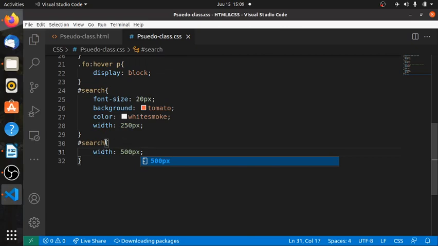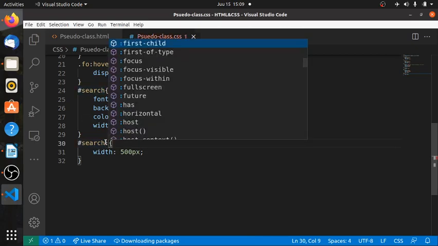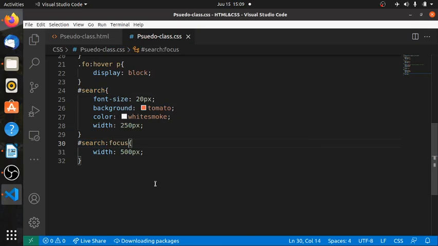We need to add that function of focus as a pseudo-class, so that it increases its width from 250 pixels to 500 pixels, meaning it should almost double its width or its length, if you want to use the other kind of English. But we want it to be done in style, so we are going to add